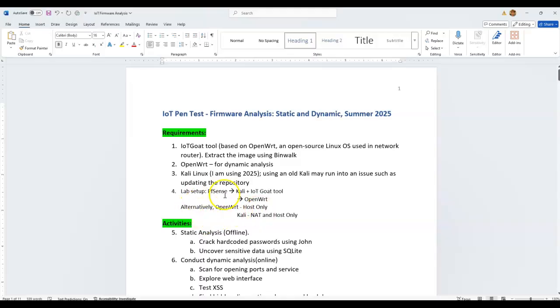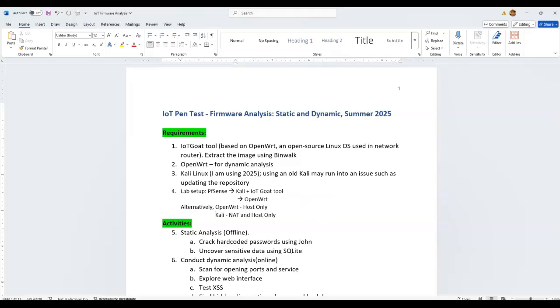Alternatively, you can set up the lab without pfSense, using a host-only adapter and NAT for the Kali and OpenWrt. You can put that under host-only. Whichever works is fine for me, as long as you know.